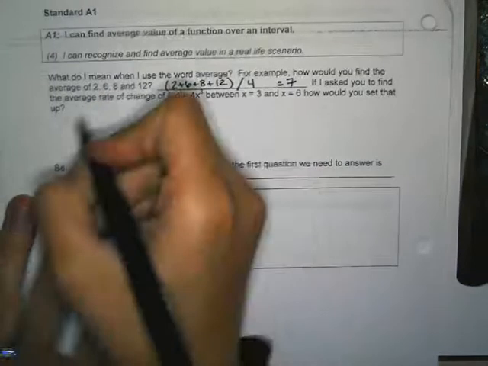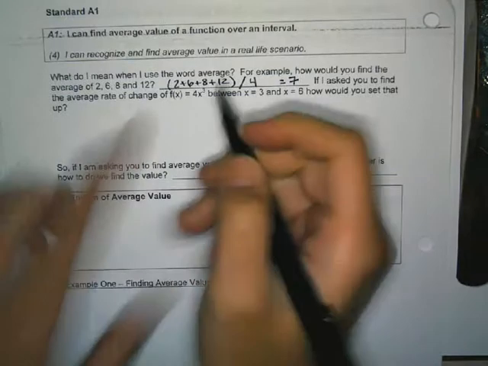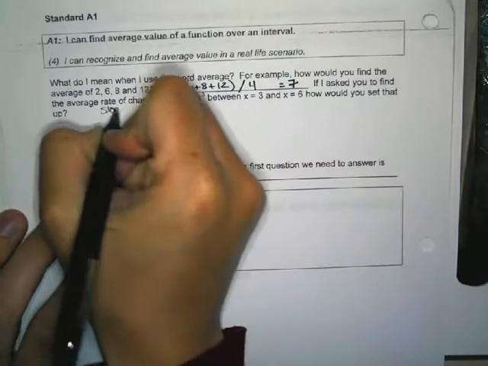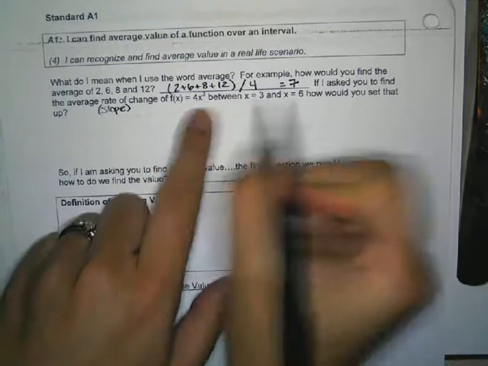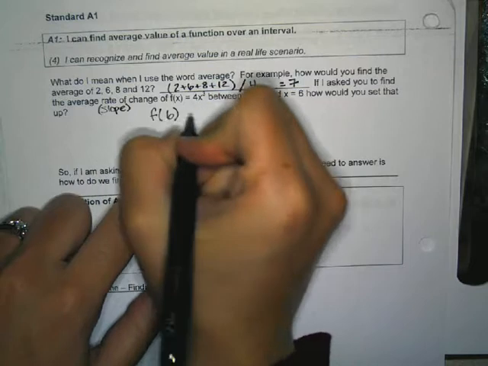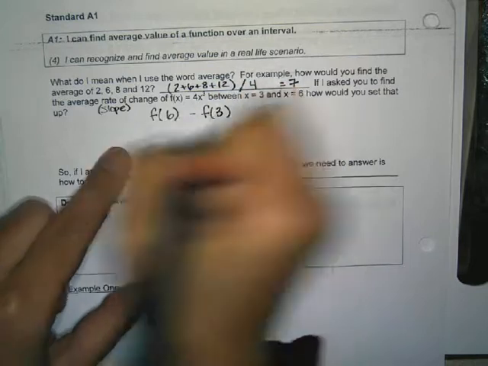Now, average rate of change we've done a lot with. When you do average rate of change, that's like finding the slope. So, between two numbers, you would find f of 6 minus f of 3, and then divided by 6